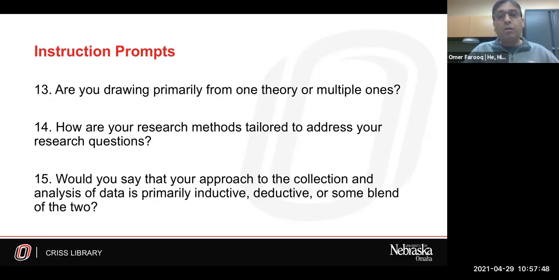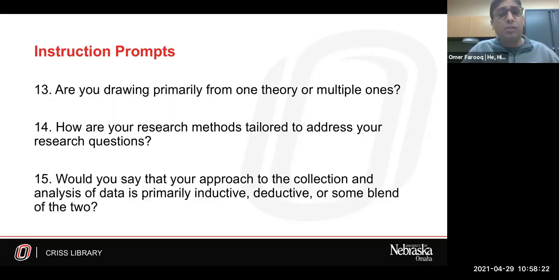A quantitative example might be, to what extent do interactions or support from academic librarians help synthesize prior literature and help those synthesis and transformation measures in literature review work. So that could be an example of a quantitative. A combination of both would be a mixed methods approach. So highlighting those research methods and how they're tailored to address those research questions.